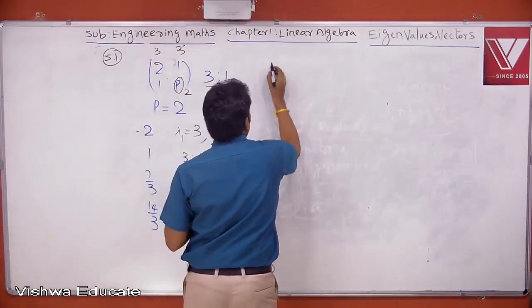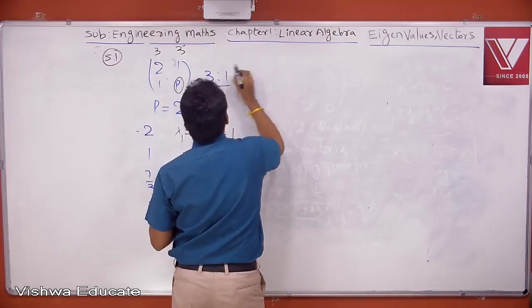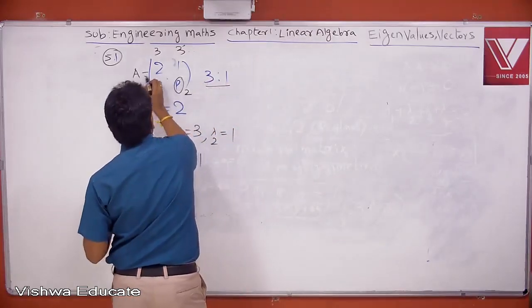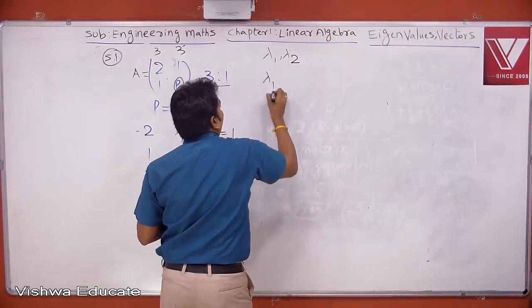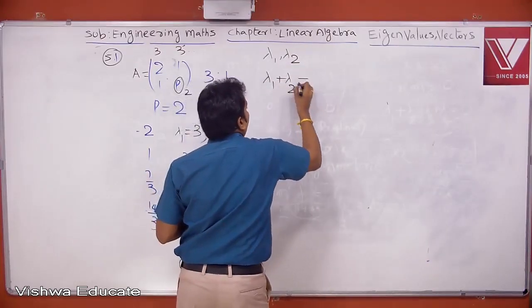Let us see. The sum of eigenvalues is the trace. Assume that this matrix is A. So two eigenvalues, I call them lambda 1, lambda 2. Sum of eigenvalues equal to trace. Lambda 1 plus lambda